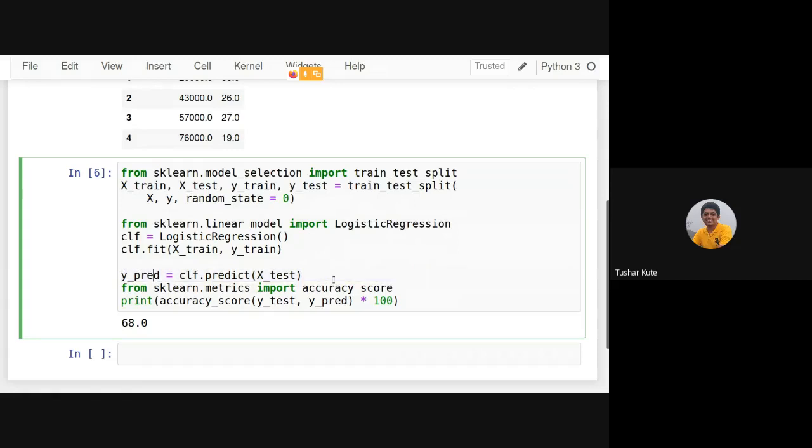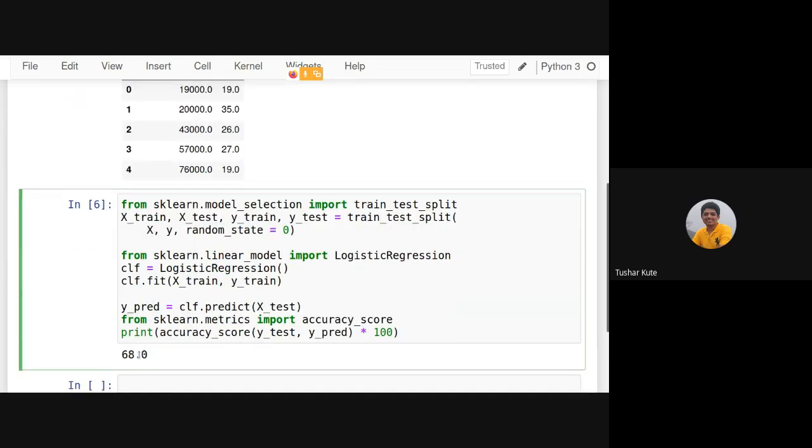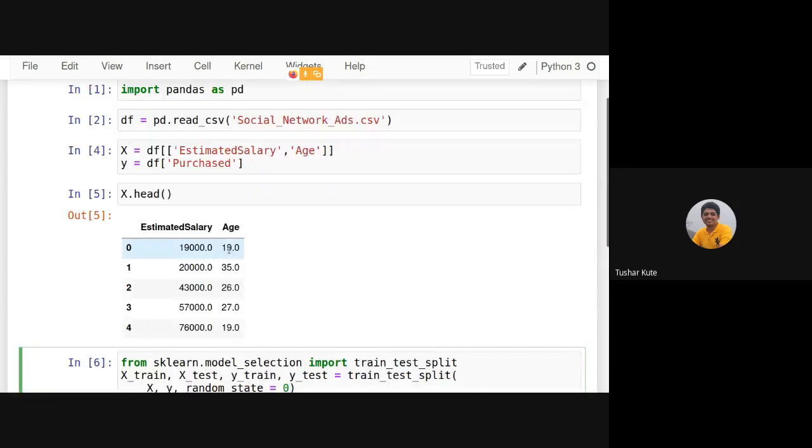Why has it happened? Because of the scale, you can see the first column and second column have different variance and different ranges. That's why I got only 68% accuracy for this data. Whether this person is purchasing that item or not purchasing, that is 0 and 1, is shown in the output pattern.